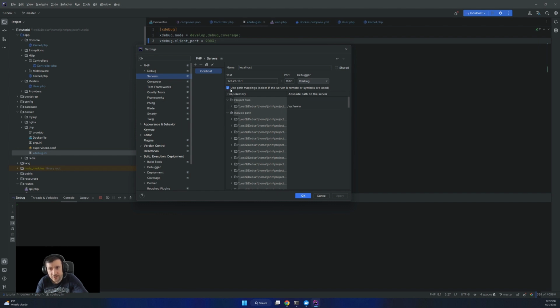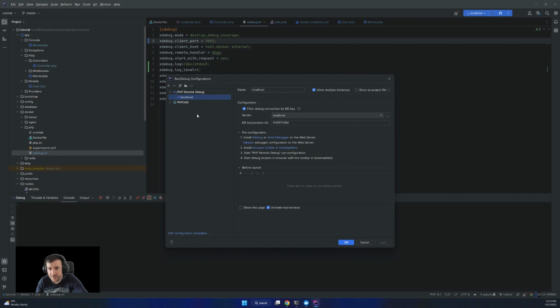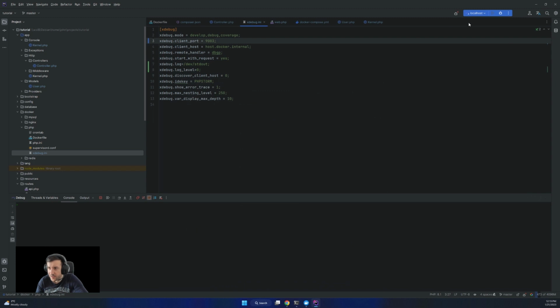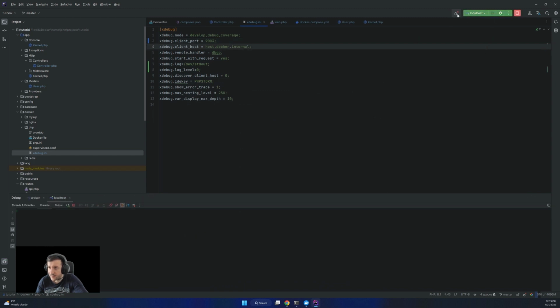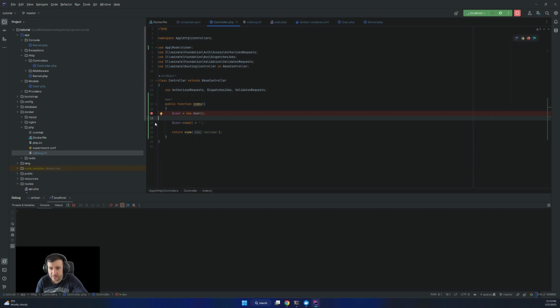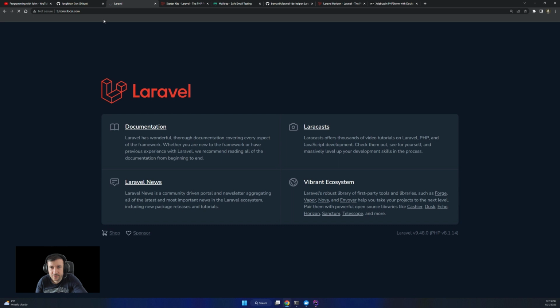And you also want to check these path mappings, and in here your project maps to /var/www because that's what we use inside the container. So I added this, and then on the configuration, on the PHP remote debug, we filter by IDE key. We add that server we created, and the IDE key is PHPSTORM. And now if I start listening for this and put some breakpoints in here, and then refresh this page, it stopped. As you can see, it's now loading.